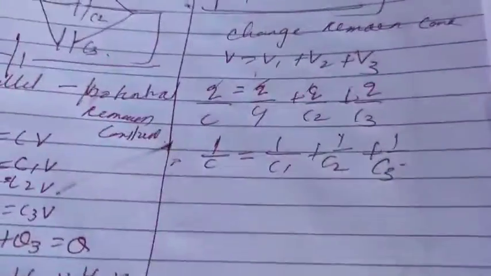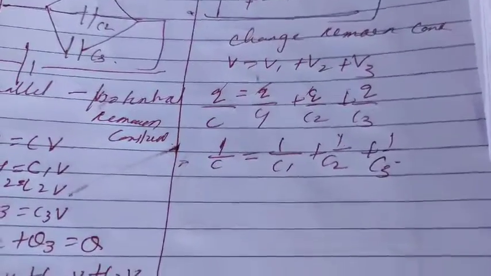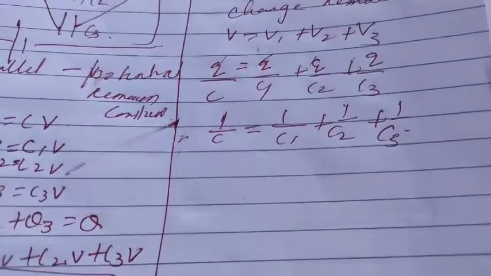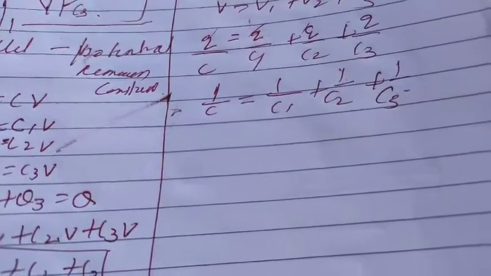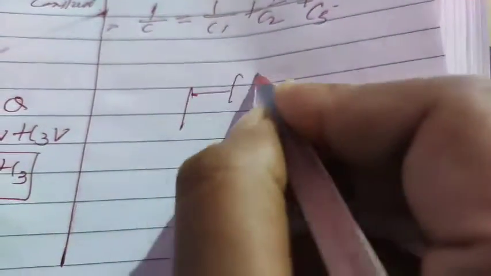This is for simple problems, I am telling you for series and parallel. One more trick, student. Depending upon the polarity you have to remember the formula. Suppose I am taking a capacitor. This is one, student. This is the second capacitor and it is connected like this. This is the positive plate.